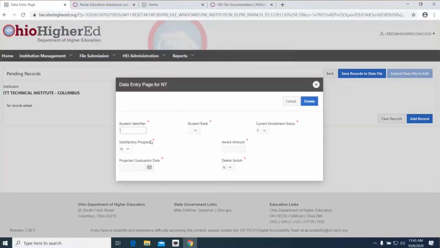Here you're going to enter the student's SSN. They do need to be meeting academic performance. So if you say no here, the system is going to error the file because the student is not eligible. So you do need to make sure that you indicate yes, that they are meeting academic performance. Their projected graduation date, you can use the calendar. Let's say they're graduating next year. Their student rank: 1 freshman, 2 sophomore, 3 junior, and so on. So we're going to say this one is a freshman, and